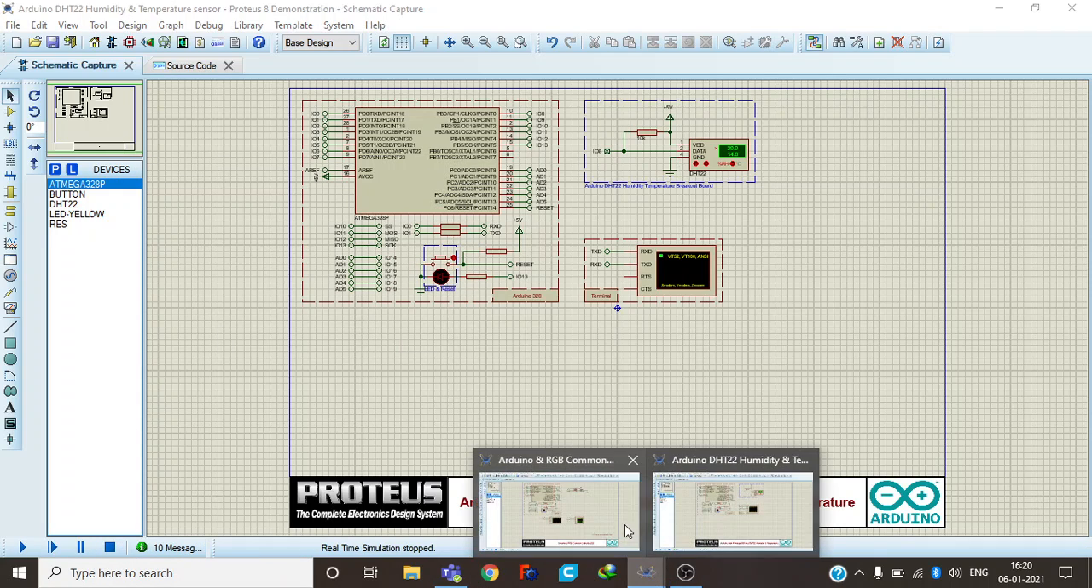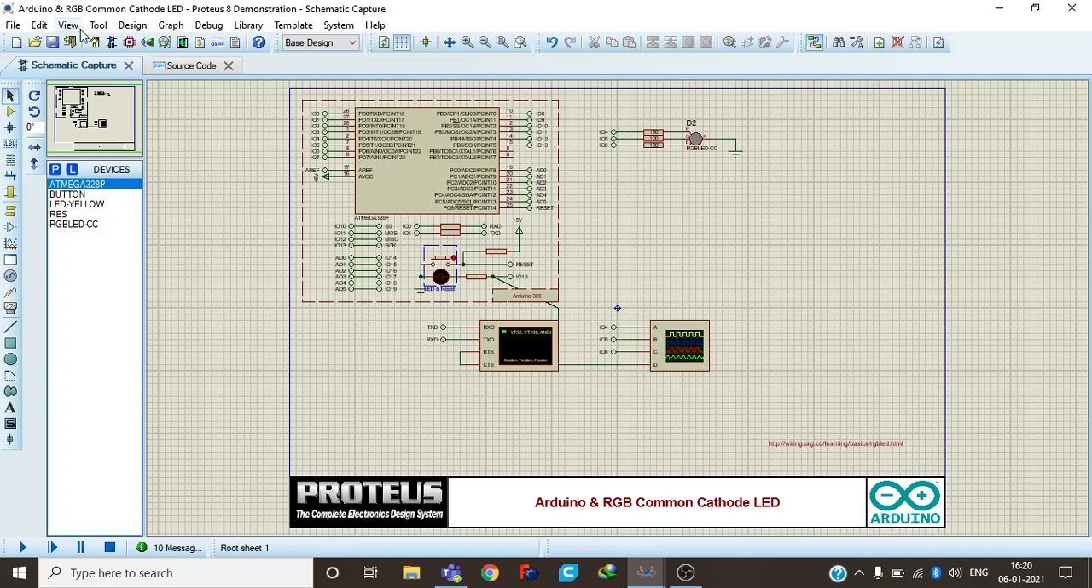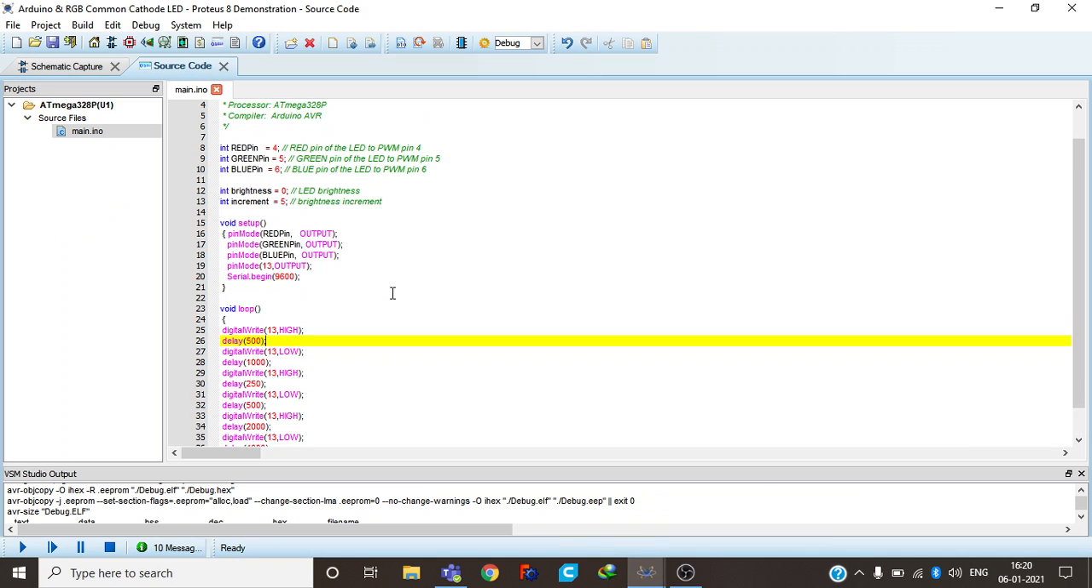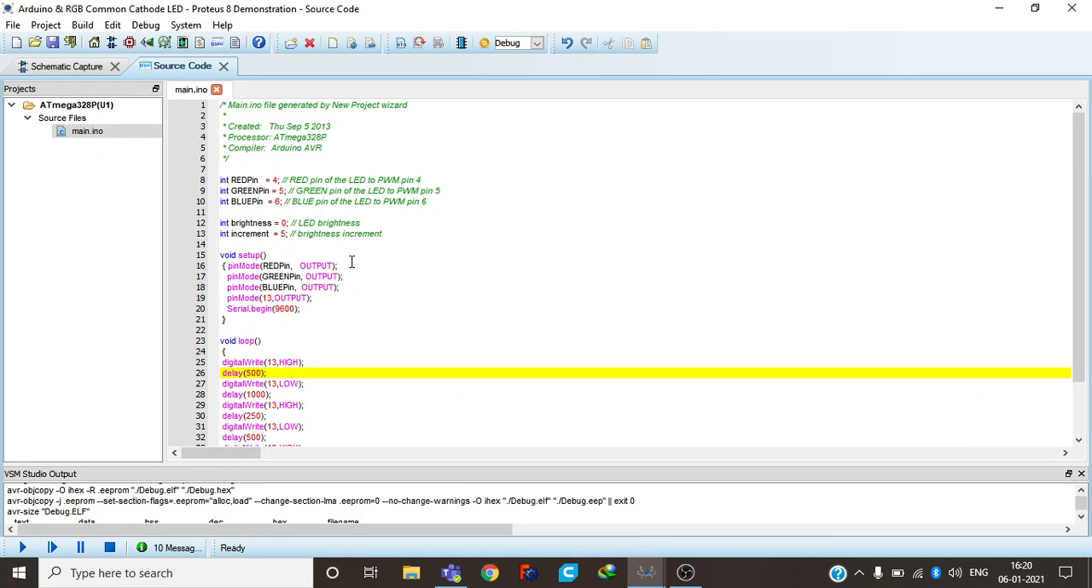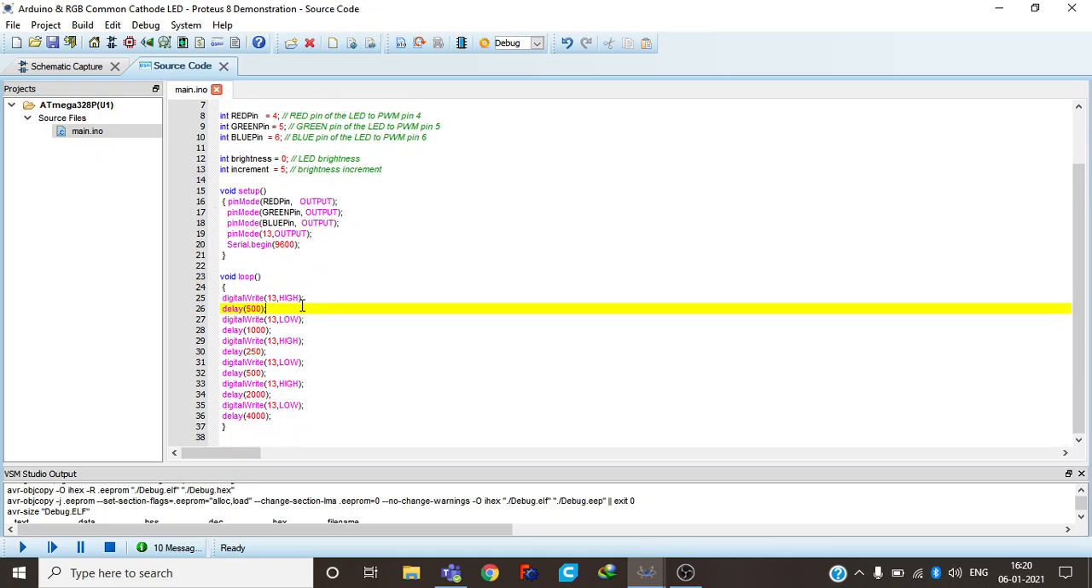So my second project is the Arduino and RGB common cathode LED. Here I have made some oscillations. For that, first I have made some changes in the sample source code. I added pin 13 as output, and in the loop I have made some changes for the high